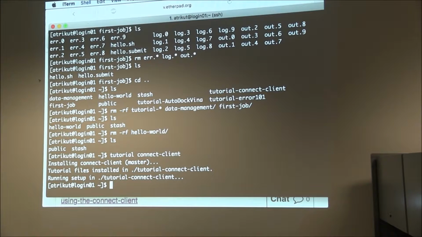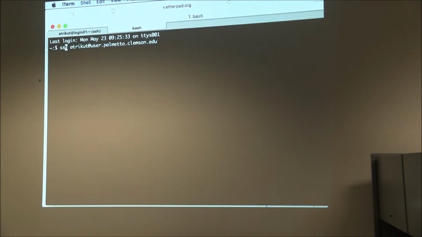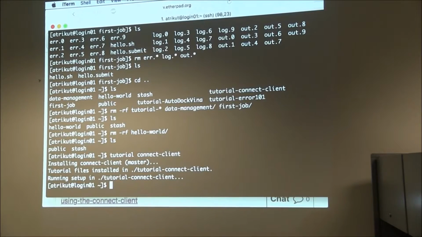So anyway, I mentioned that the Palmetto has a way to integrate with the OSG, and it does that via this thing called the Connect client. And so what I would really have liked for us to do today would be to run this tutorial from the Palmetto, but I think we're still unable to do that, unfortunately. But I will provide you with some slides that will walk you through how to do this through the Palmetto, and I think you should have absolutely no trouble with following along. But anyway, let's go ahead and look at this tutorial here.